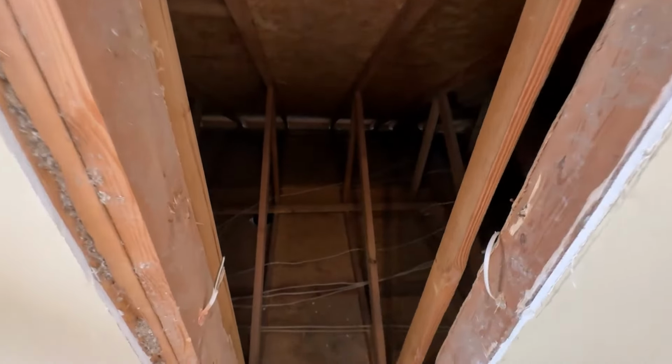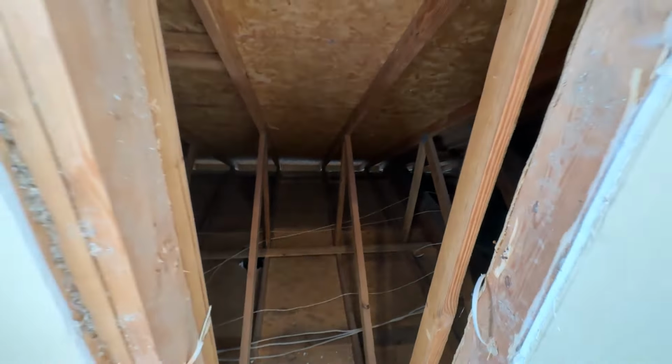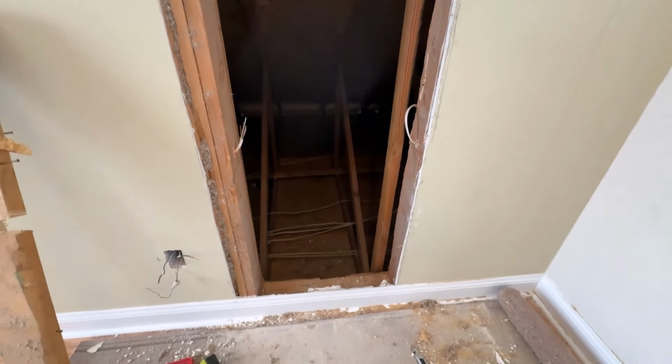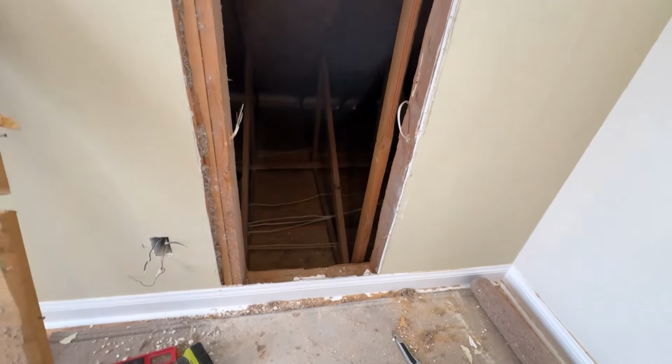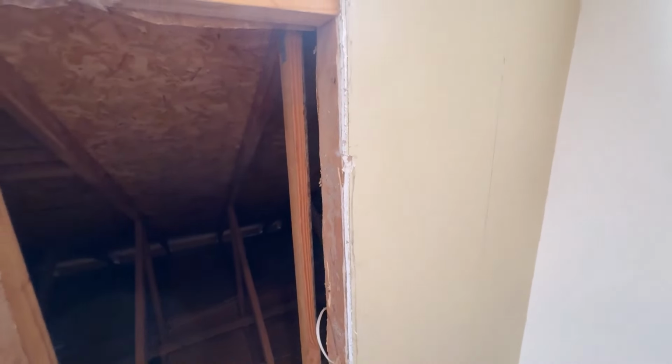And then you can get down. I'm going to probably create a couple steps into this new hidden space area. Did a new top plate there. The bottom plate I'm going to probably leave in there and integrate it to the steps. There was an electrical line here, which I'm going to have to reroute, box, and go up and around, but